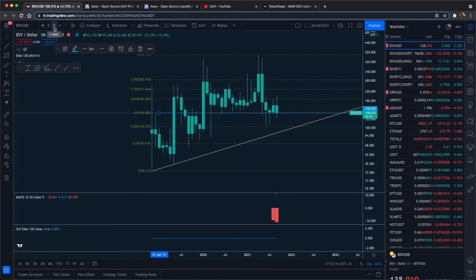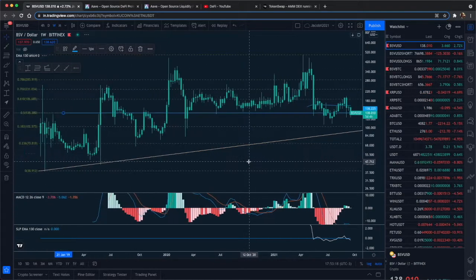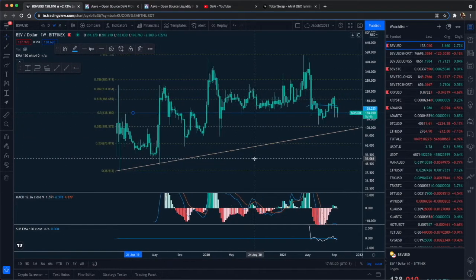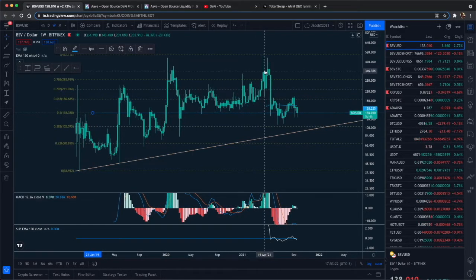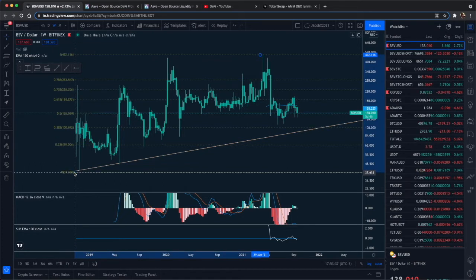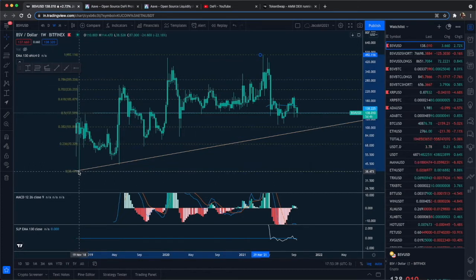So let's get into the weekly. And this is what the weekly shows us, right? So we came down, bounced off the 50, went down near the 0.382, and now we're at the 50 mark again. Again, I'm using this Fibonacci, so you need to adjust it there. It's at 38.50,